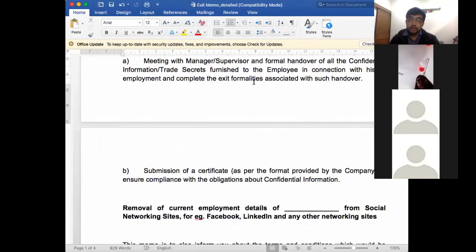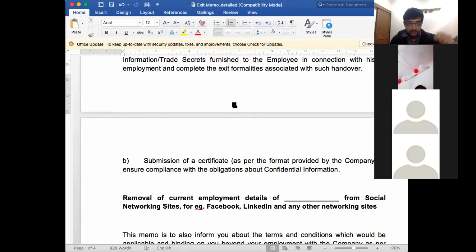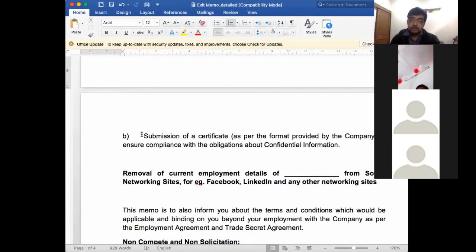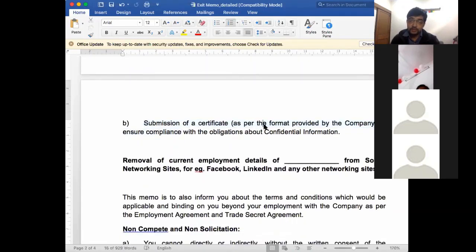If you're in sales, marketing or operations, the confidential information will differ in its nature, and the best way to return it is to meet your supervisor, identify in the meeting what the exiting requirements are, and then hand it over. Submission of a certificate as per the format provided by the company